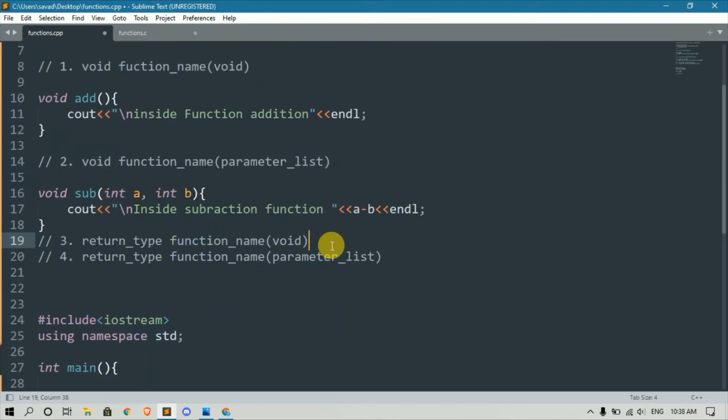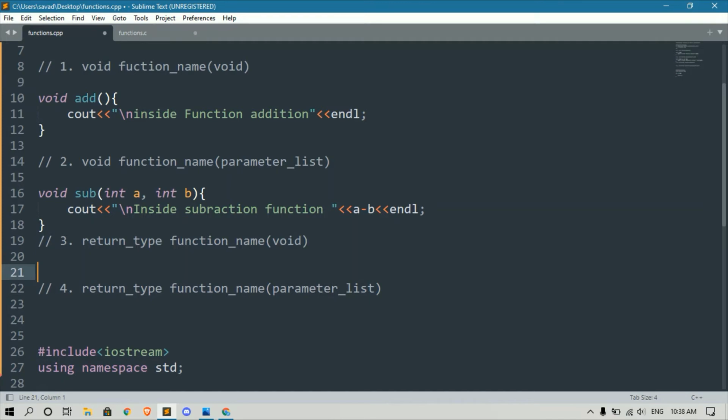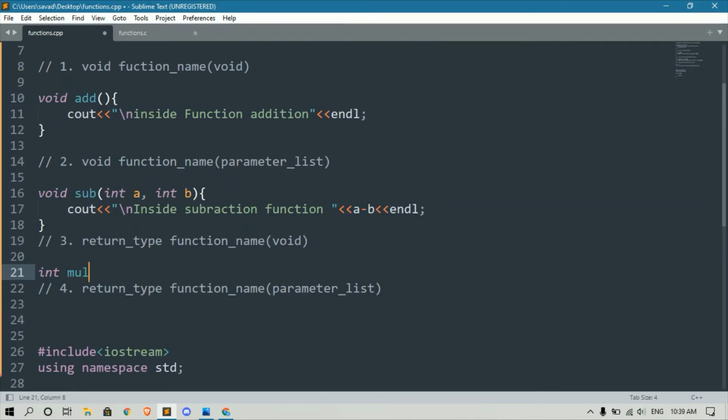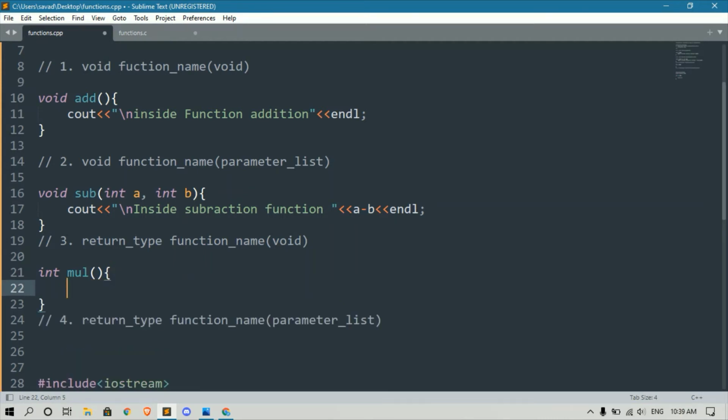So the third type of function is with a return type and function name but no parameters. Okay, for this I will be doing the multiplication operation. So I will multiply two numbers of integer type, so the output will also be an integer type. So the return type of my function will be int multiplication, and I am not accepting any values from the caller, so I will just open and close, and here I will print,